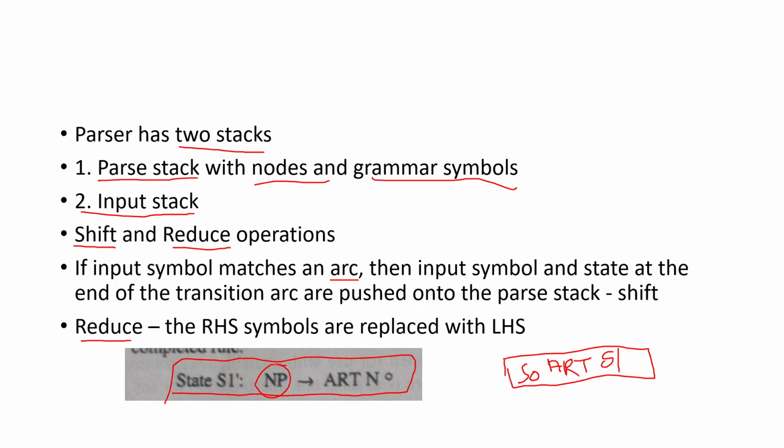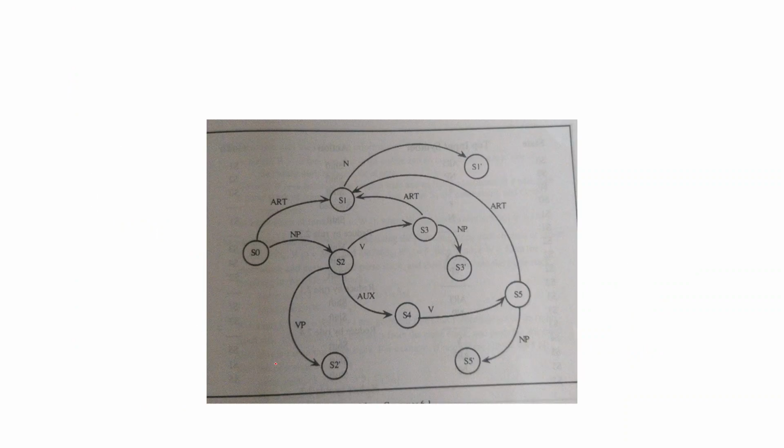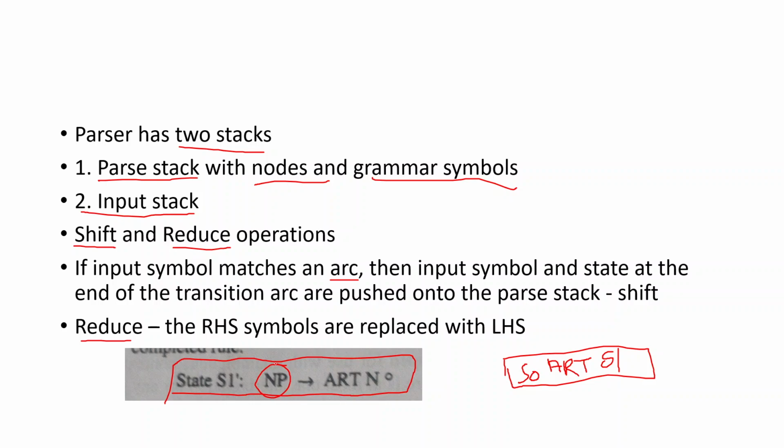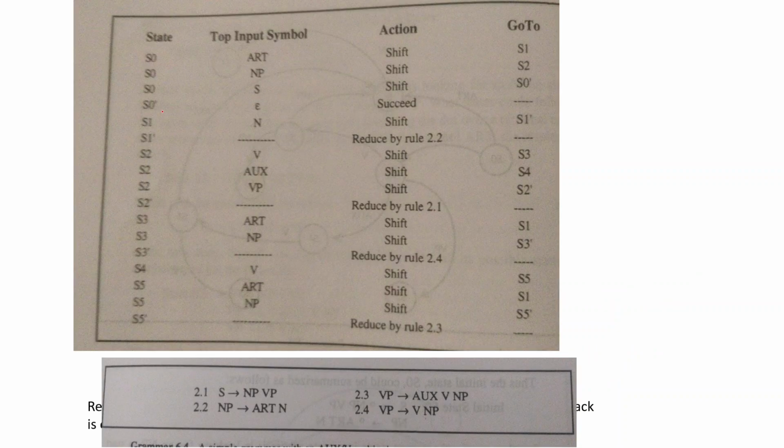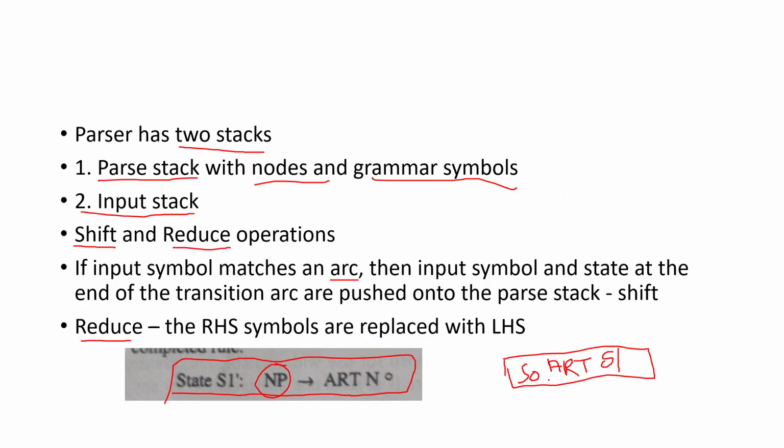Now again, we have built this particular state transition diagram, and from it, it can actually be represented using this table. This is called a parsing table. Again, we start with state 0, and when we come across an article, we transition to S1, and we are shifting. We have this parse stack, and there is another data structure where the whole input is stored. So let us say the cat ate the rat or something like that.